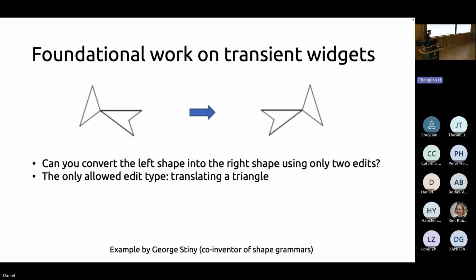And you stare at this for a minute and you're like, well, okay, I clearly can't do it by just translating this triangle because that triangle's orientation is reversed. And even if I get clever and think about splitting this little arrow shape into 2 triangles, I still can't think of a way to do it.